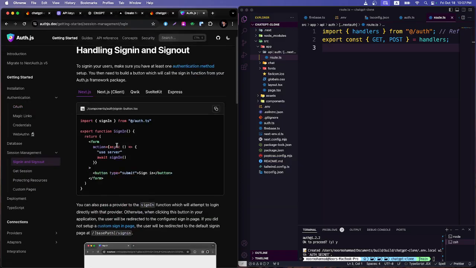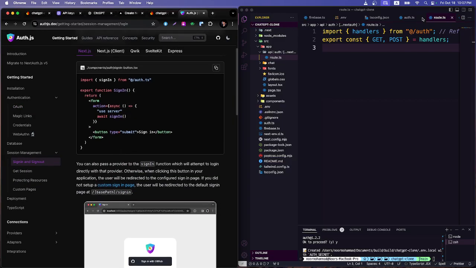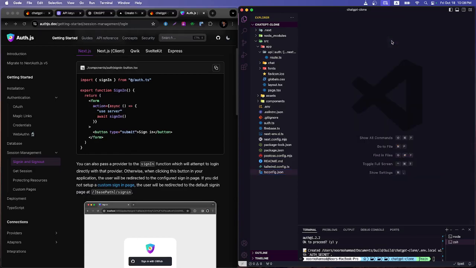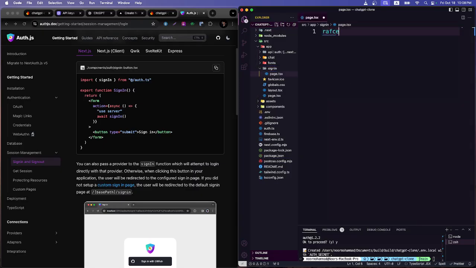We will see how to create sign in and how to create sign out from there. So first, as you see, everything is good to go, and it will work for the server side. For the client side, whenever we're going to use the session, we need to use useSession also. I'm going to show you later on, but first things first, let's create a sign in page. So it will be signin, and here I'm going to create a file, which should be page.tsx. So RAFCE